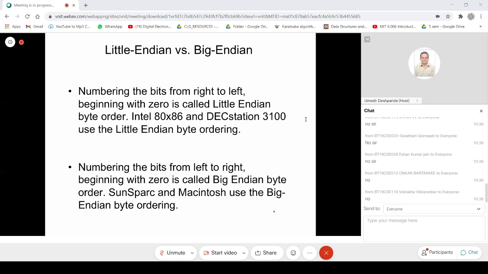Okay, and now if we have these two representations, this also leads to programs which may not work. So, for example, let's say we write a program in the C programming language, and we compile it on an Intel processor, and because Intel uses this little endian byte ordering, all our integers would be stored in the way I discussed just now. And if I take the same program, and